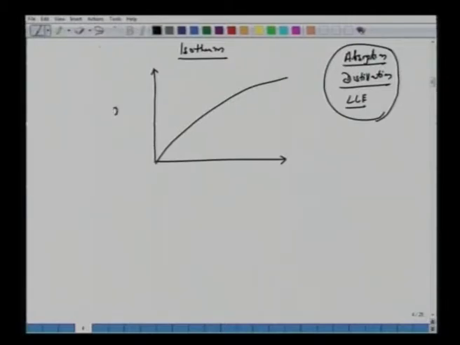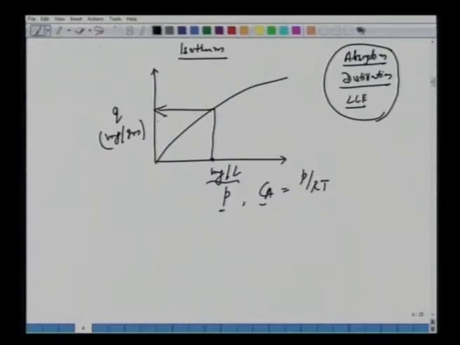So here we plot q, milligram per gram of solid, versus milligrams per liter of the liquid phase, or with the gas phase you can put the partial pressure of the gas phase, or you can also put a concentration here, C equal to P over RT. Alright, so given this concentration in the liquid or gas phase, how much is the loading? And there are different types of isotherms, just like in absorption or distillation we had different types of y versus x curves. Similarly here we have different types of isotherms.